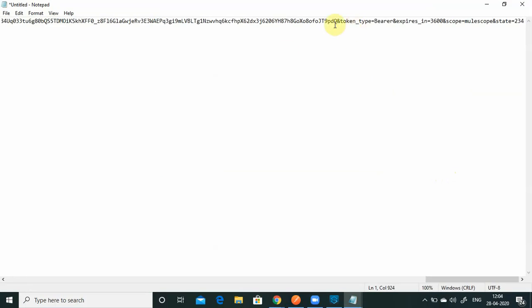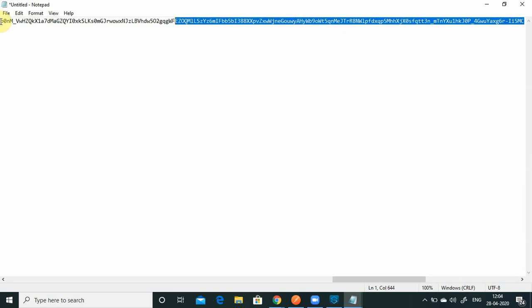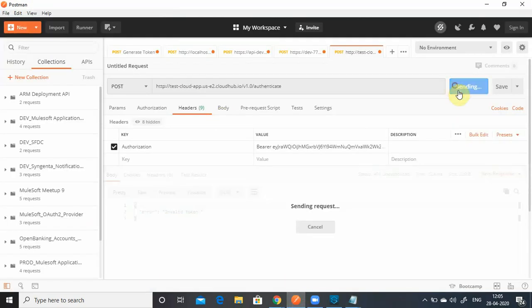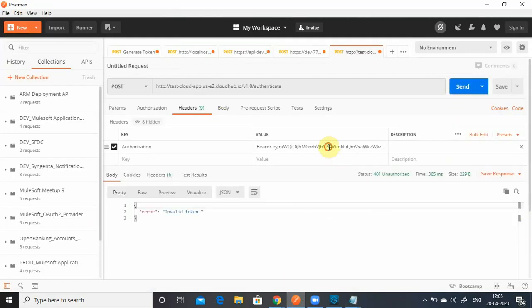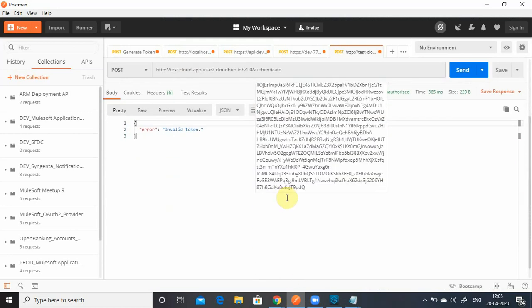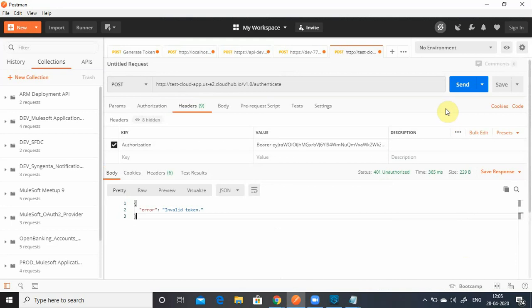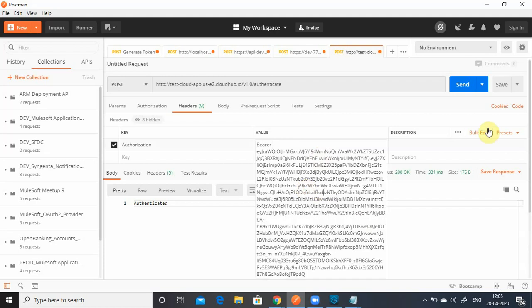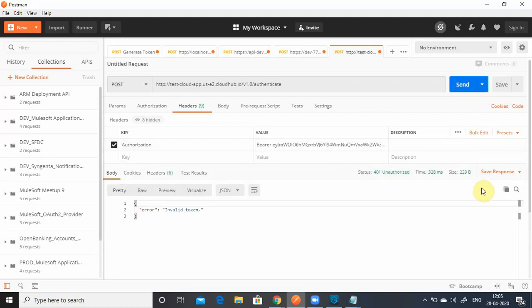See, it will provide the type, bearer, expiry, scope, whatever, and this is my token which I can use to pass with our actual request. Copy this access token. Instead of code we got the access token. So let me go to authenticate. I will send the request, it failed. Now I will copy the token which we got from the implicit code. The rest of the settings on the JWT token policy remain the same. It got authenticated.